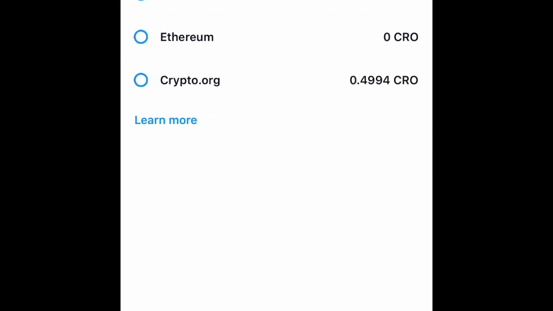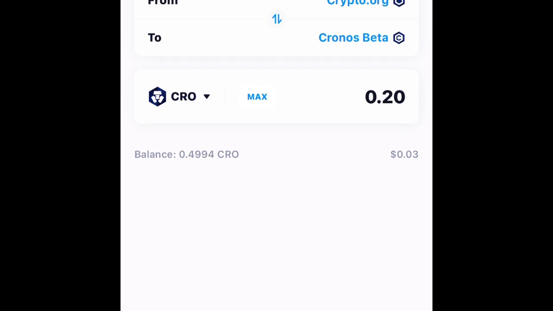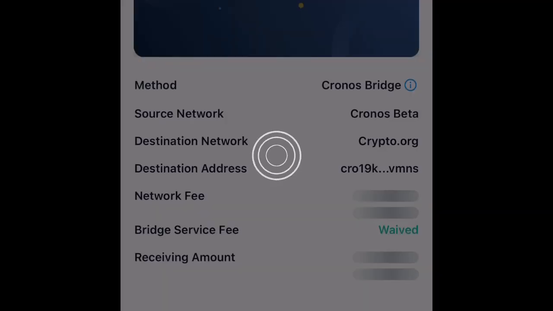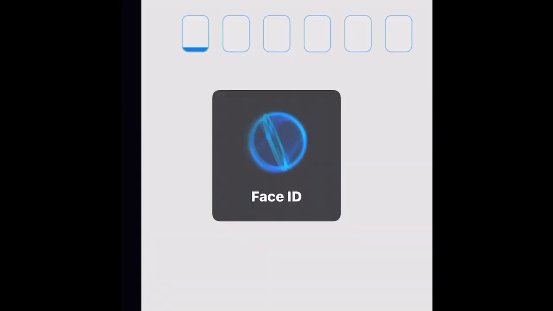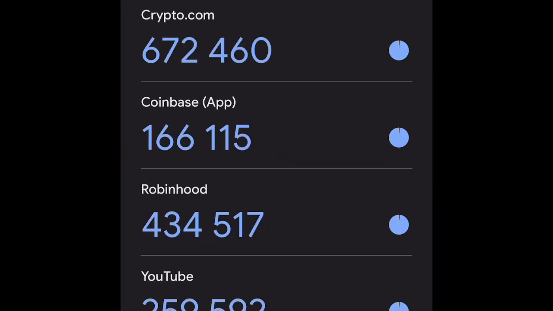We're going to do the Crow. They don't have that, so we're going to keep it total balance. We're going to do a swap. We're going to head over up top right, bridge. So we're going to bridge the beta amount, 110. I'm going to take 107 and leave the rest. We're going to bridge that over to crypto.org. Why? Because that's the amount I'm sending to Cosmostation to buy my Evmos with. I'm going to wait for that.